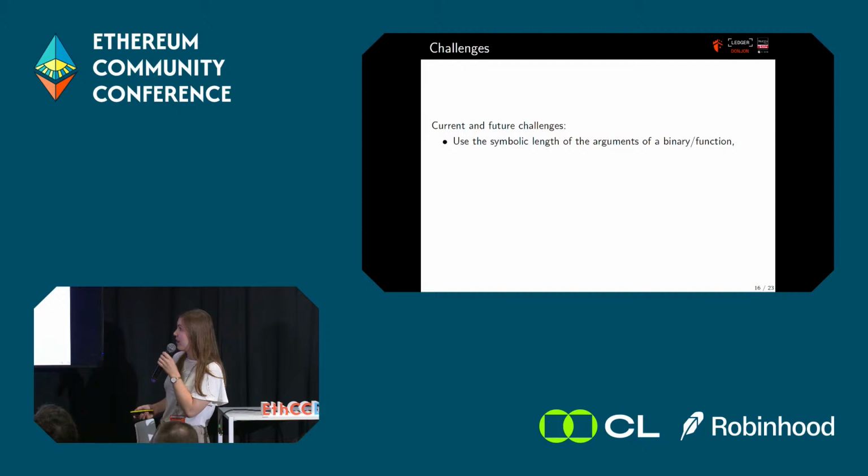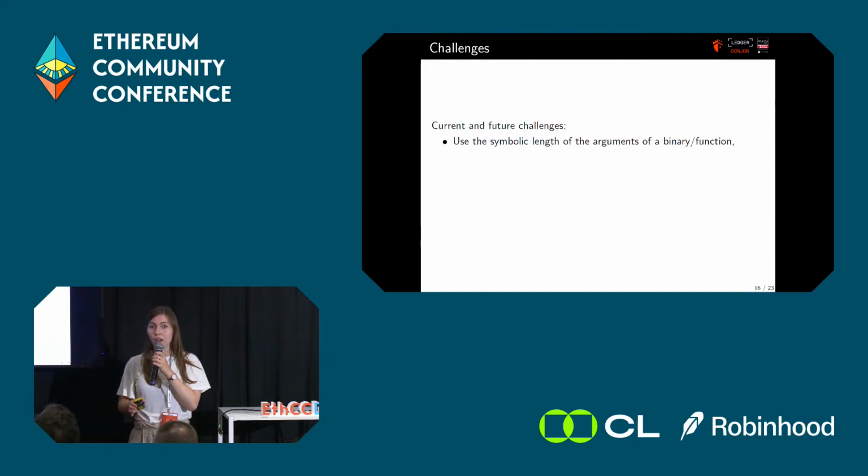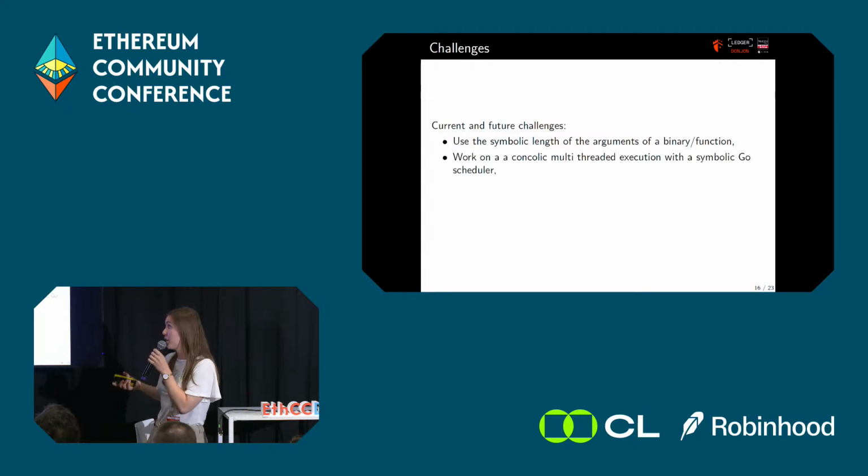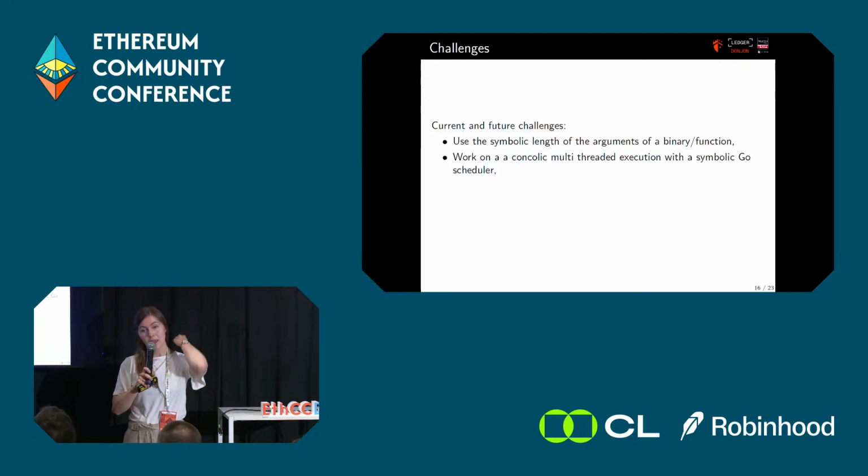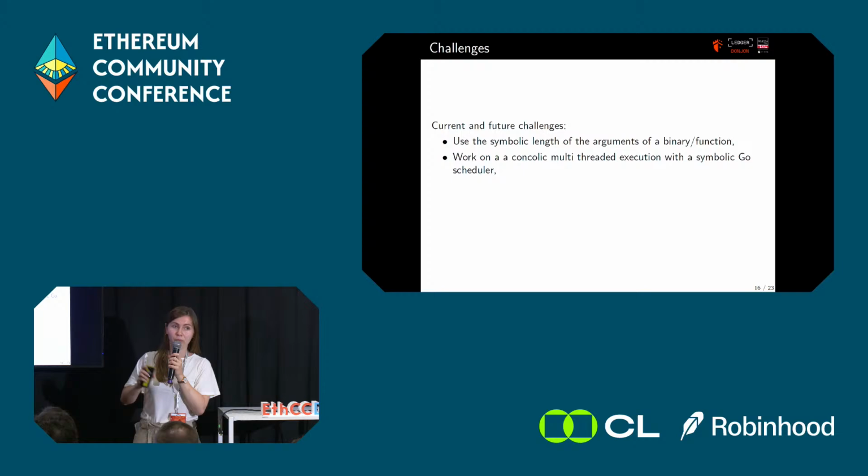So our challenges are also to implement the symbolic length of argument of a binary and a function. In short, we just want to be able to see if there are overflows or underflows, and this concept is very interesting for that. Work on a Concolic multi-threaded execution with a symbolic Go scheduler, because for now we can only analyze mono-threaded binaries. There are all these tools that I showed you before, they all work for mono-threaded binaries,